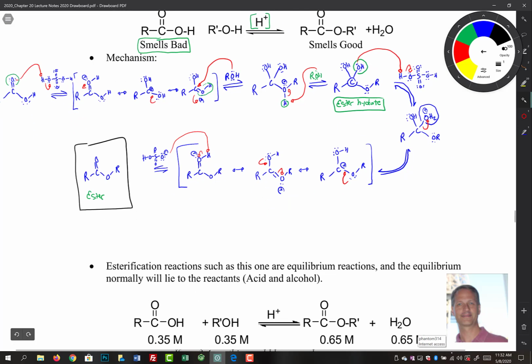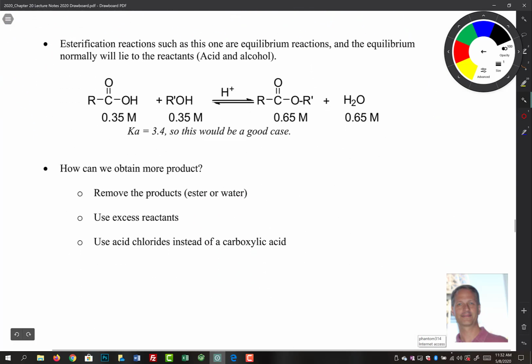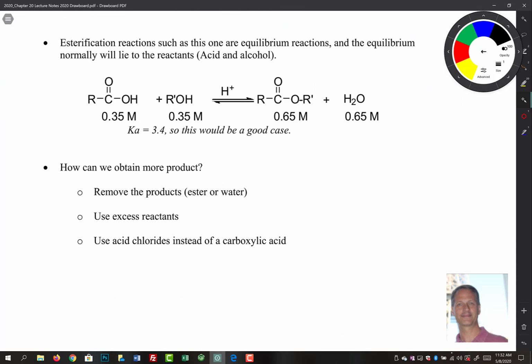Now, one little side note about this is that these reactions are equilibrium reactions. So you'll notice that I drew reversible arrows as we went through most of those steps up above. Up here we have concentrated H+. Here's our generic reaction. And the Ka for this reaction, you can look these things up in tables, is like 3-ish or so. They're close to equilibrium, which means that you don't form a lot of them in the course of a reaction. So you have to pay attention to stoichiometry during the course of these reactions,